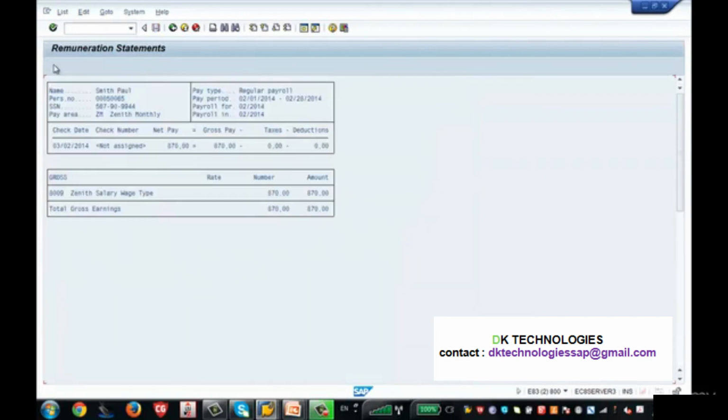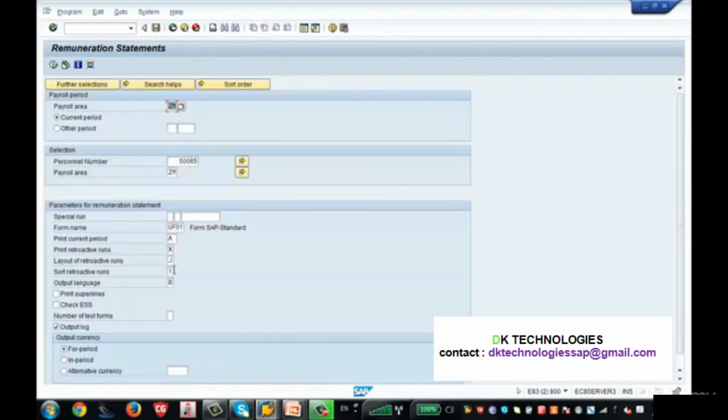When I execute this, now the layout of the remuneration statement is totally different. Why? It is showing me the wage type number as well as the long text and rate, number, amount, and these details. And it showed me the SSN number, for which period, for February, and all other details. So this is the way the remuneration statement works.